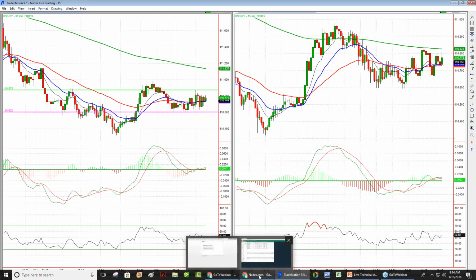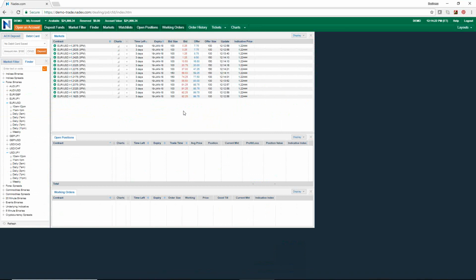So let's take a look at some of the contracts that more than likely we'd be looking at once we did get that break through that 110.60 level. More than likely, once price got down to that level, we're going to be shorting it at a lower value. And so what am I looking at here? This is the Euro USD. Let's go to the